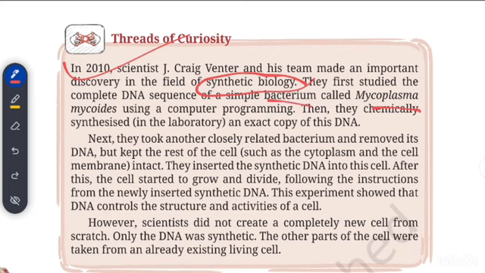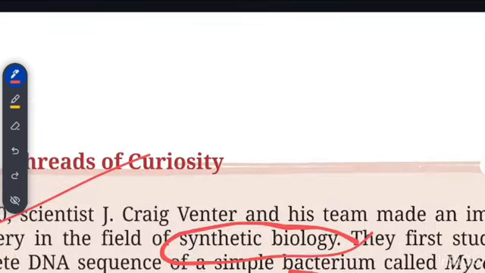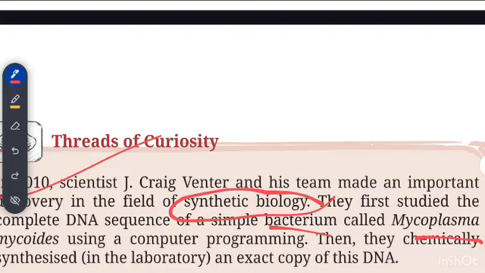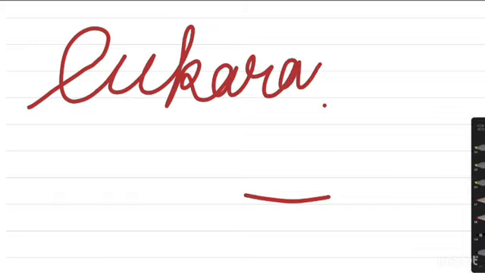Mycoplasma is a kind of bacteria, prokaryotic cell. Prokaryotic cell. Fine. See, in this chapter, many a times you would have heard the terms prokaryotic, eukaryotic. So let's now talk about the difference between them. Okay, so if ever you are hearing this term eukaryotic,